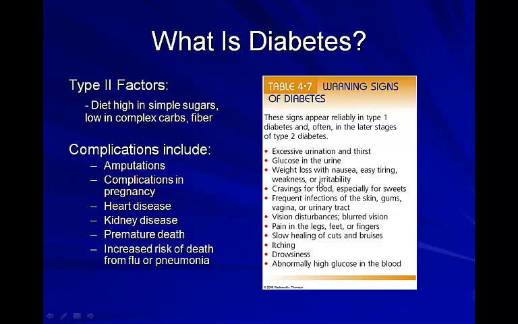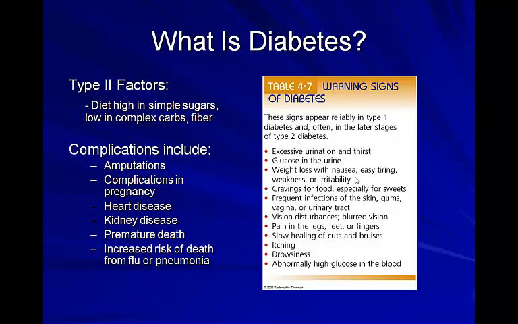Some of the signs, if you're wondering if you have it or if a friend of yours might have it, typically people who are struggling with diabetes tend to urinate a lot. They tend to always feel like they have to go to the bathroom. They tend to always feel thirsty. Often a typical sign will be glucose in the urine. That's very common. That's the first thing most doctors will think when they check if you're feeling these issues,